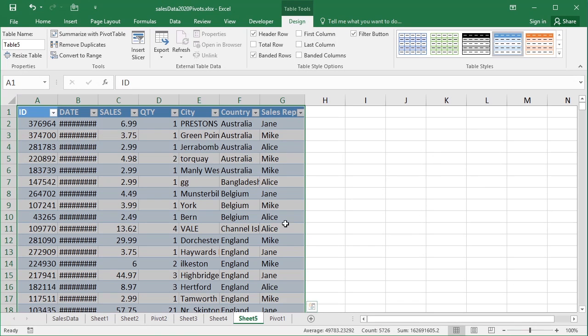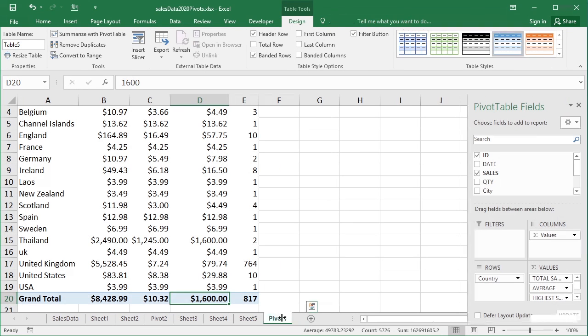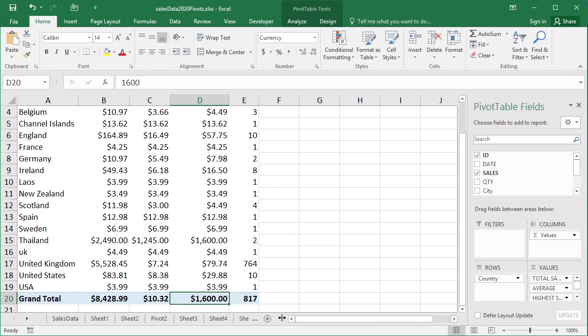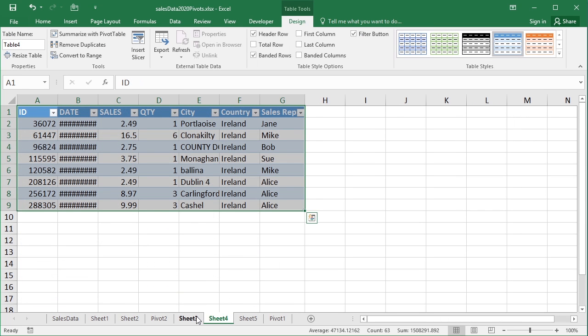I really find these drill downs quite useful if I'm connected to an external data source that I can't read directly. Then all I need to do is from my pivot table, double click a number. It will make an extraction into Excel for me, creating me a new sheet. I've got a few now that I'm then free to manipulate further. That's the drill down capability of Microsoft's pivot tables.